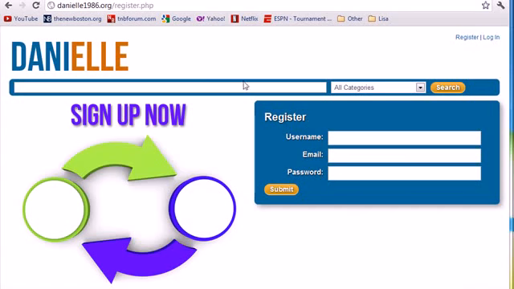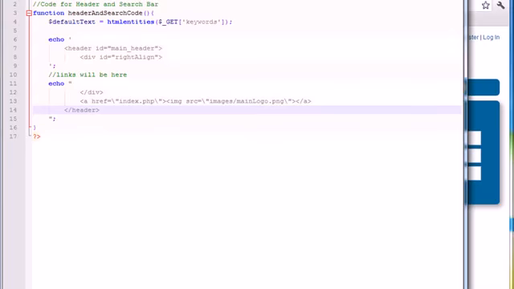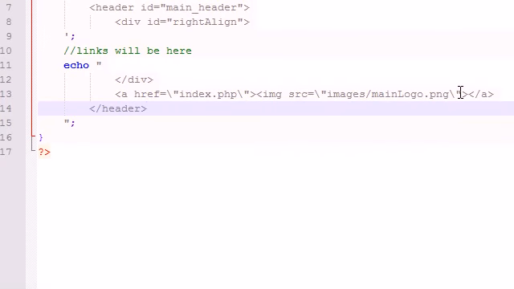Alright ladies, welcome to your 18th tutorial, and in this video we're going to be working on this search bar at the top. The bar that allows you to search. How awesome is that? So the first thing that we need to do is go ahead and